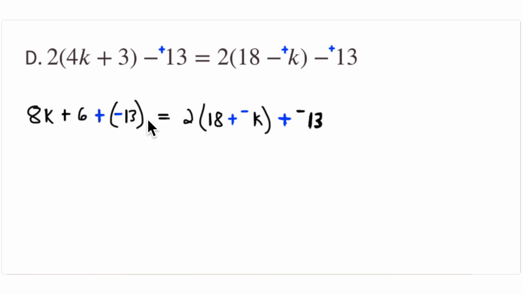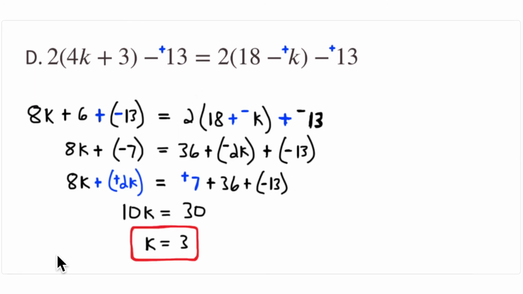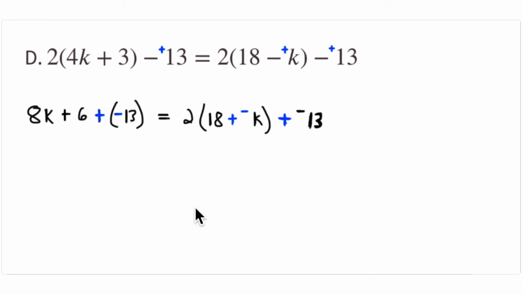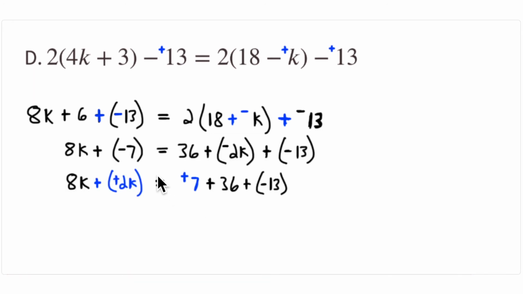Now, I wish I had noticed in the beginning that if I added a positive 13 here, this becomes 0, and add that same positive 13 here, this becomes 0, then I would have been left with 8k plus 6 equals 2 times 18 plus a negative k. Work through that, you're going to end up with 10k equals 30 fairly easily. I didn't notice that at first, so what I did is